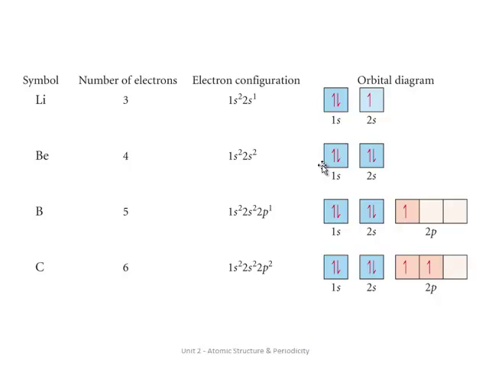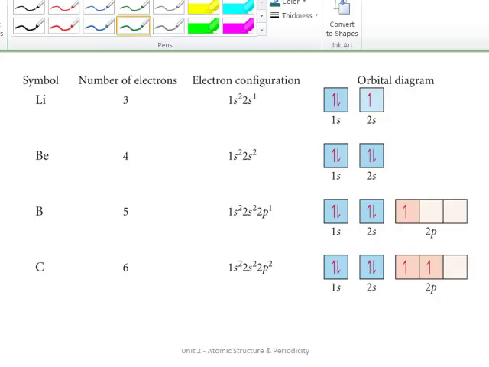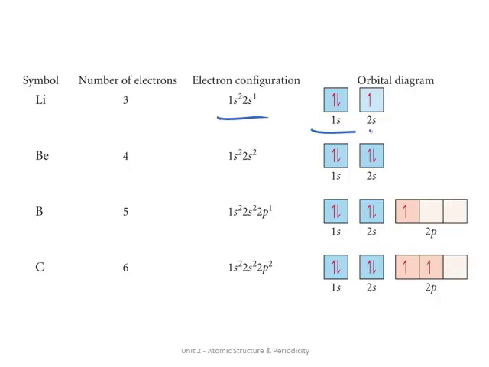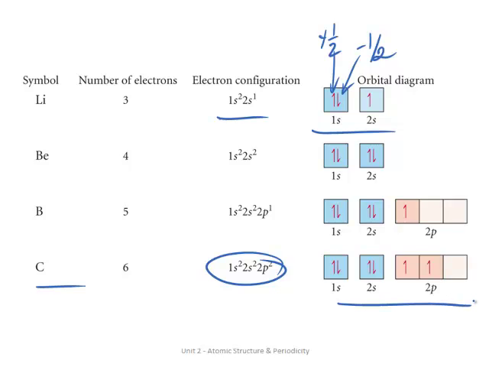Here's an illustration of a couple different elements showing their electronic configuration and their orbital diagram. And again, orbital diagrams show information about all 4 quantum numbers, including the m sub s values: spin up, plus 1/2, or spin down, minus 1/2. Okay, so here's carbon. We've shown that before, 1s2, 2s2, 2p2, and here's the orbital diagram showing the electronic configuration